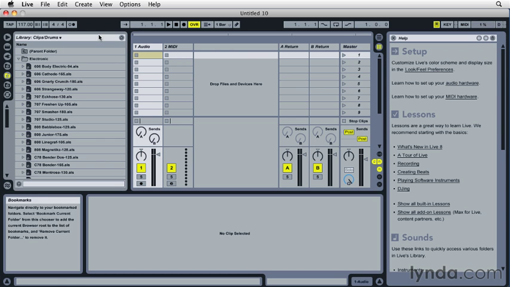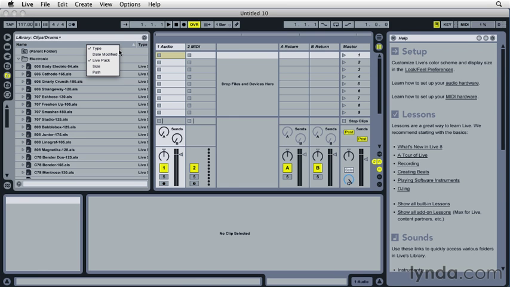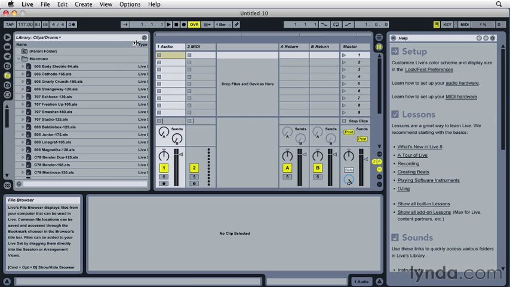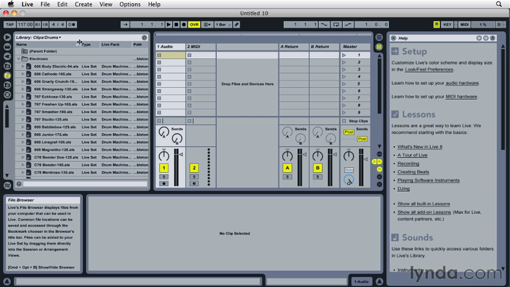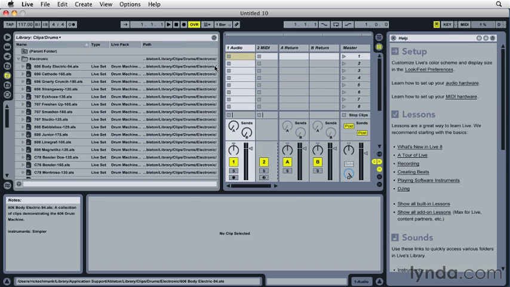Now one last thing about the browser in Live is you can change the columns that you see displayed in the file browsers. So if I go up here and right-click on the title of a column, I'll see that I have 5 default columns that I can add. Now currently I only have type and Live Pack showing. I can also show the size of a file or the path, for instance, and I can resize these columns so that I can see that additional information,